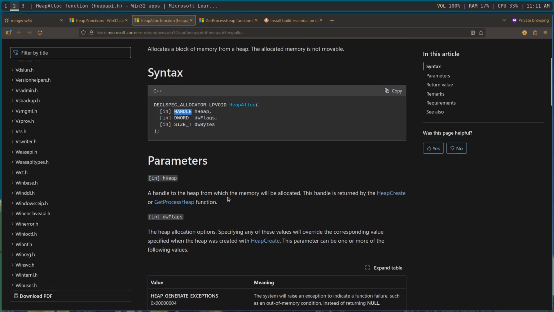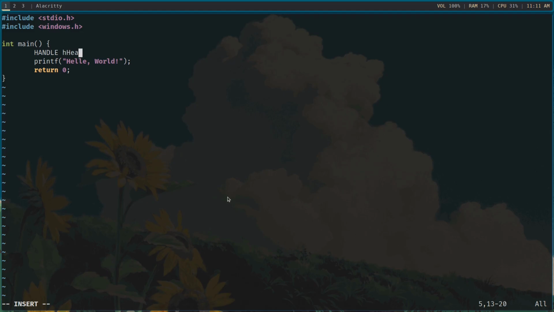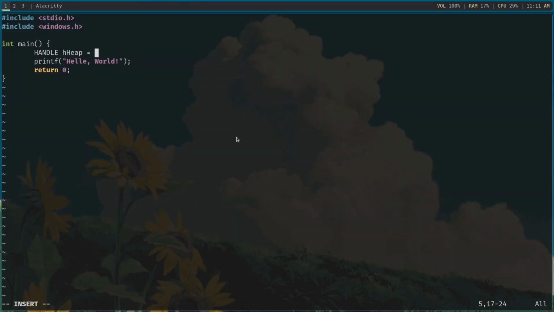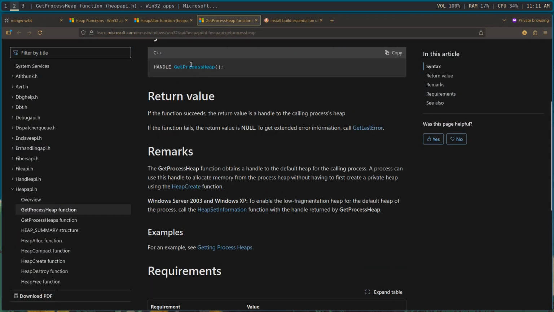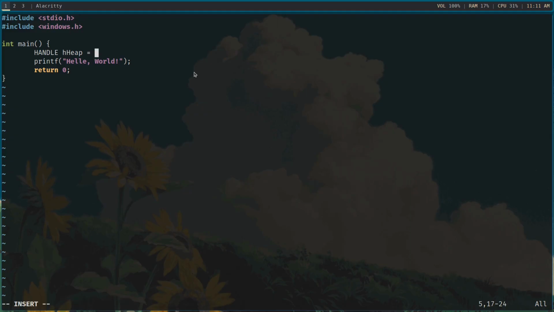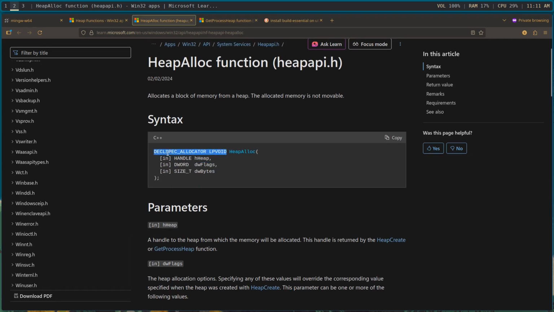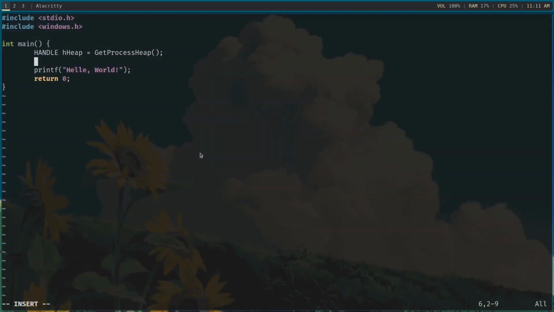We have a handle, so I'm going to create a handle hHeap. I'm really not sure about this naming convention. I think it's a handle, so we have an h prefix and a heap. This looks a lot like C++ to me, this naming convention right over here. It is equal to, I plan to use GetProcessHeap, so I'm gonna just do that. And here, now I'm really not sure what this means, but I'm gonna assume it's gonna return a pointer. Okay, that's my assumption. So buffer equal to